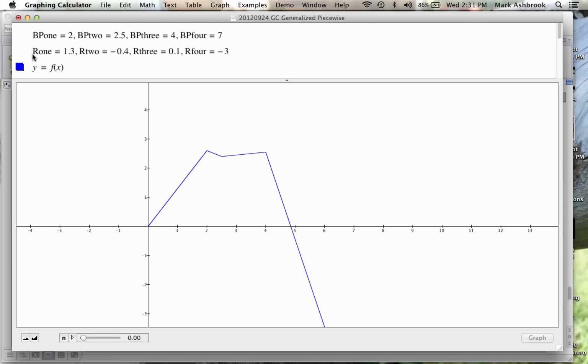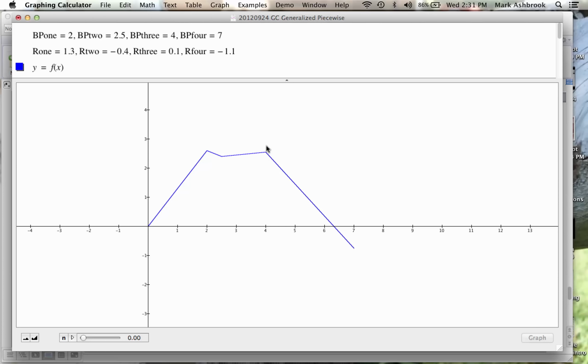Okay. And then the second line is the rates, the constant rates. So rate 1 will be the constant rate of change from 0 to breakpoint 1, whatever that's set at. And then rate 2 is the constant rate of change from breakpoint 1 to breakpoint 2, etc. So based on the way these parameters are defined right now, when you graph the piecewise function, this is what you get. So if I change this rate, here let's make it negative 1.1 instead,